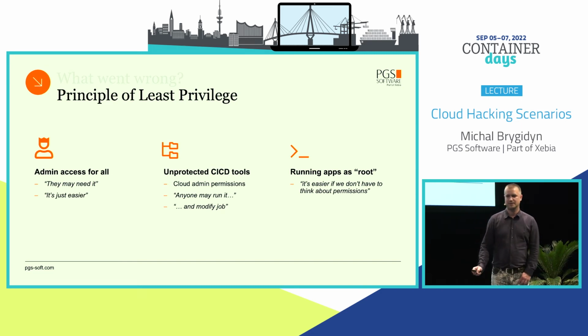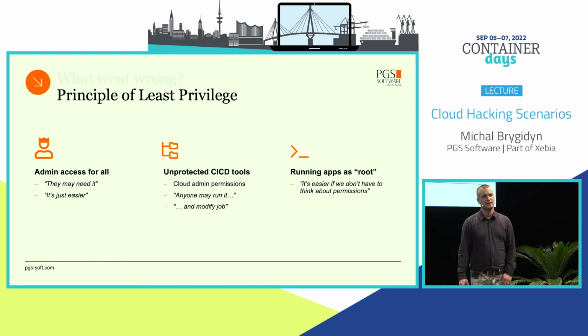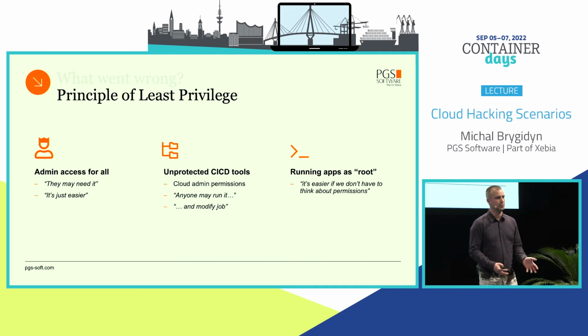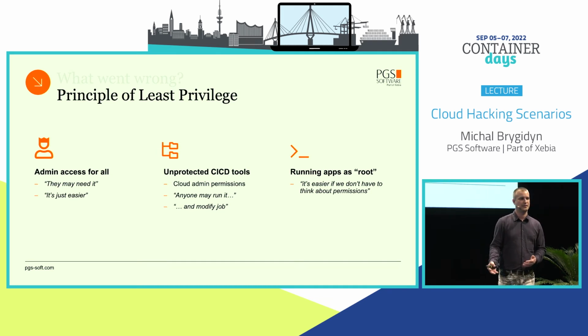And a very interesting one: unprotected CI/CD tools. It's not only how you protect your cloud. Say you have a pipeline that deploys resources to your cloud, and your developers don't have access to the production environment, but your CI/CD tool has full admin access to that prod because it deploys things there, and your developers are admins on that CI/CD tool. Then they can do whatever they want on that CI/CD tool, for example, create a malicious job to deploy whatever they want to a cloud environment that they don't